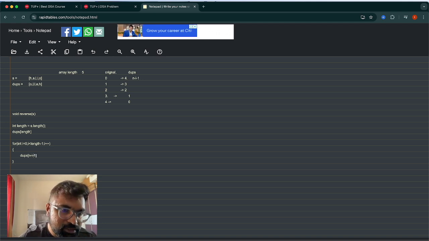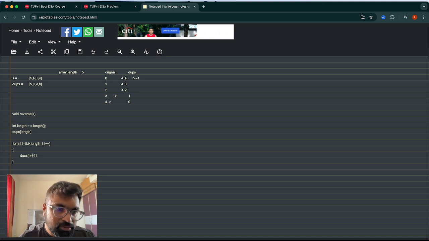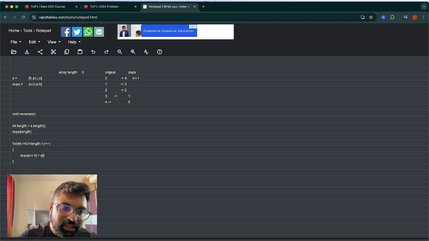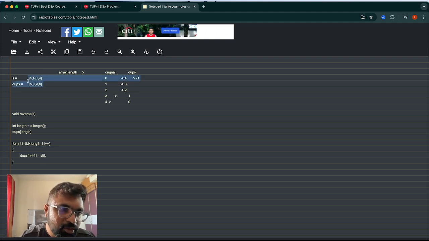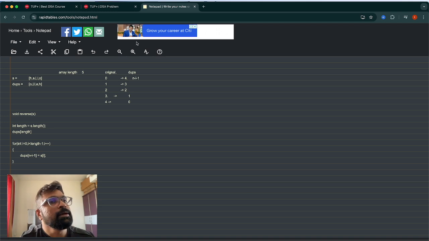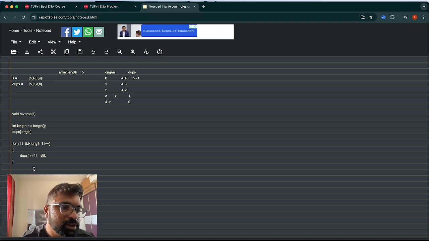Okay, so this is my dupes array; it will have the original array's ith element, right? So the original array is nothing but S of I. This is what we'll get as the dupes array at the end of this for loop, right? This array we have got. Now we have to put everything in the original array because it says we have to do it in place,